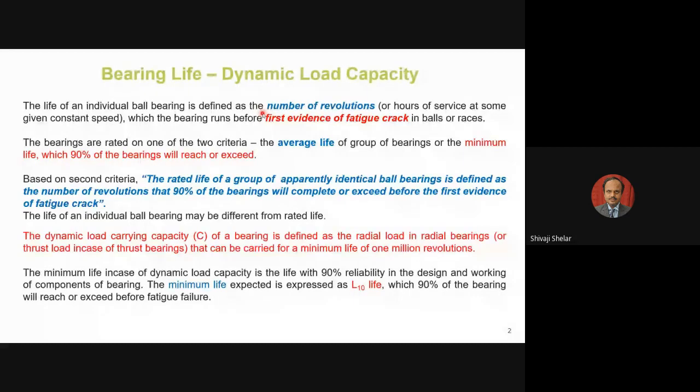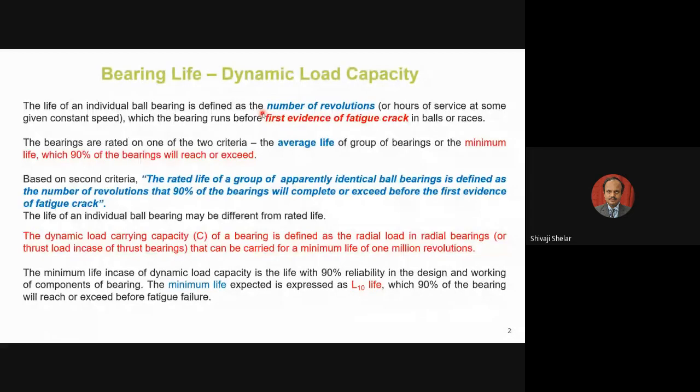Their life ends when they fail to perform a particular task, that is, if they have broken, or the surface finish has deteriorated, and they are not giving the right output or functionality. At that moment we say the life is over, meaning the component has fatigue and has been broken or cracked. The time from which we started using it till the last moment we used it without failure is called the life of that component.